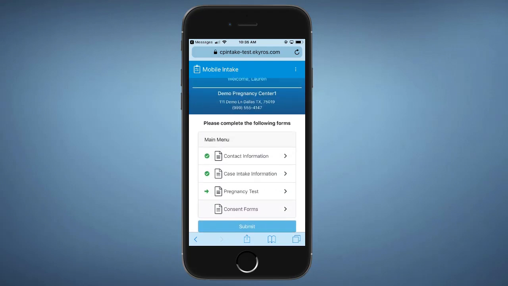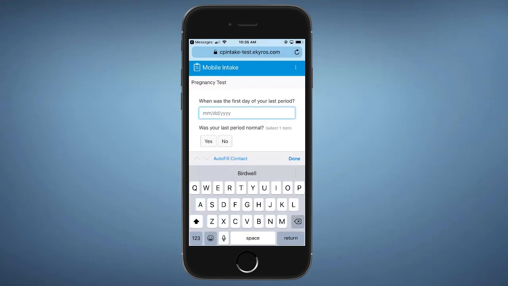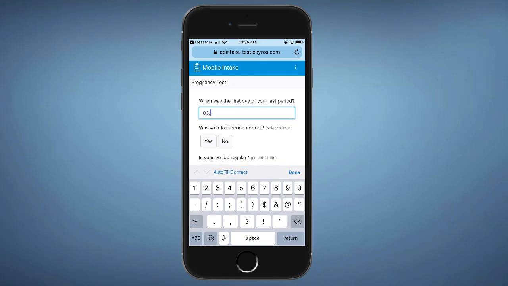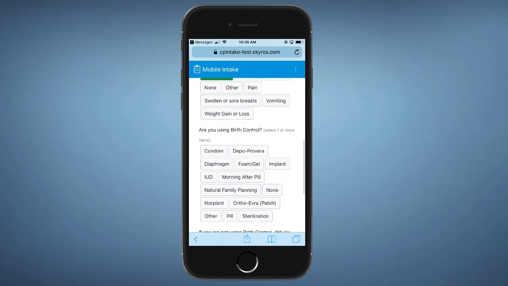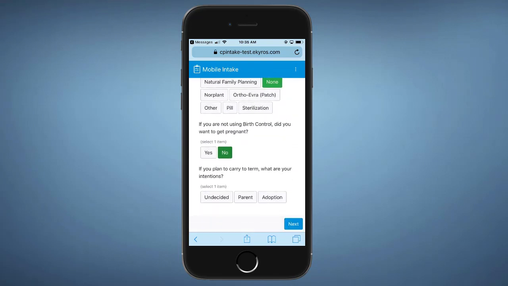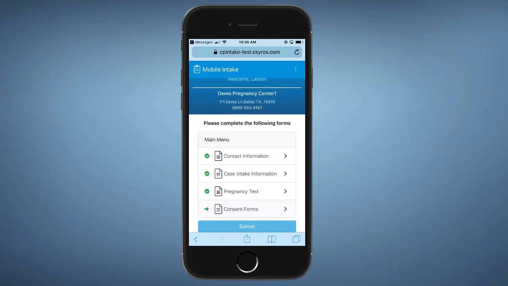Okay, now the next form I need to fill out is the pregnancy test form. I'll click to open it, and the first thing I have here is the LMP. So I'll go ahead and enter in an LMP right here, and then I'll answer a few more of these questions, and then I'm going to go ahead and click Next. Okay, so we've now completed all of the intake forms, and the last thing we have here are the consent